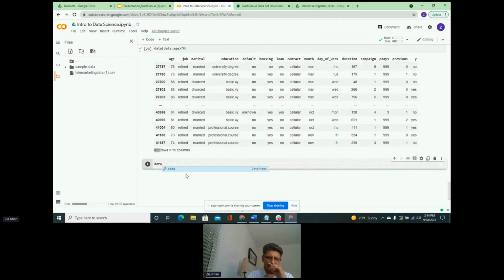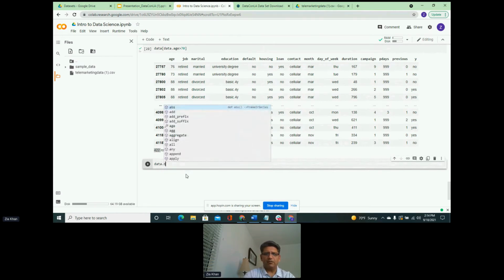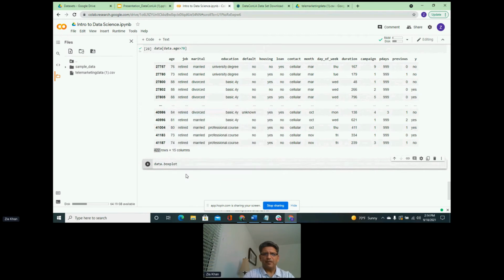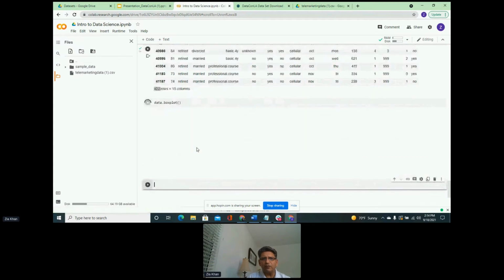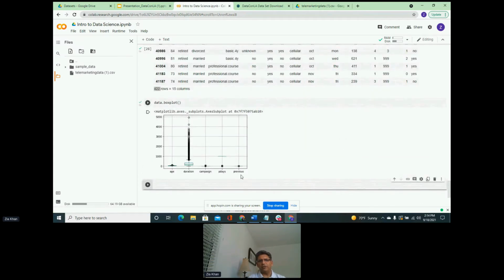However, if you do it using the pandas object, it actually is able to understand that. So I'm going to do data.boxplot, and this should build a box plot for us for all the features that are numeric. So again, 5 features, and again, this duration, because it has some very large values, the scale is very big. And you might have to individually look at these to figure that piece out.